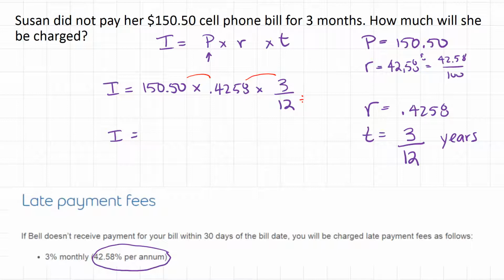So writing that out in longer form, 150.50 times 0.4258 times 3 divided by 12. And you get an interest of